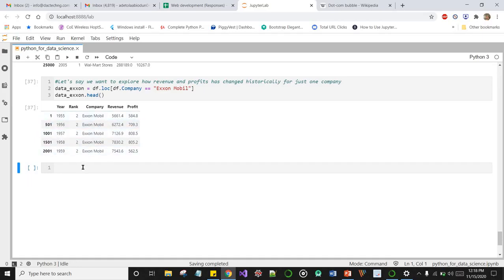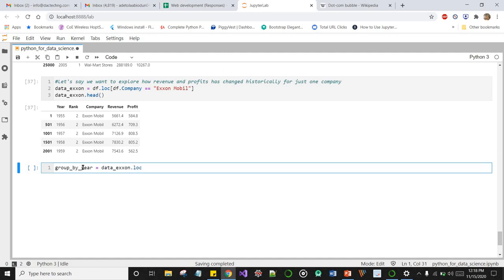So we can simply do our group by year. Let's do our group by year and say data_exxon.loc. Well, we used loc a lot today. We have to pay loc royalties, right? Thanks to whoever created loc, it's very powerful.